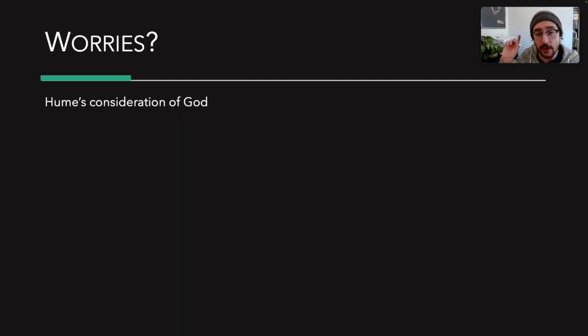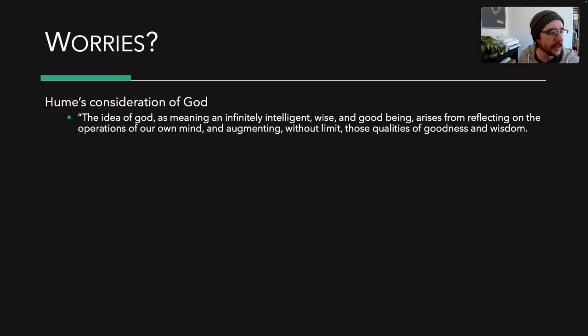Hume does think, though, that we do have an idea of God, but he says we can get this from experience. This idea of God is just an infinitely intelligent, wise, and good being. That idea arises from reflecting on the operations of our own mind and augmenting without limit those qualities of goodness and wisdom. So basically, we experience the operations of our own mind to get ideas of knowledge and wisdom and